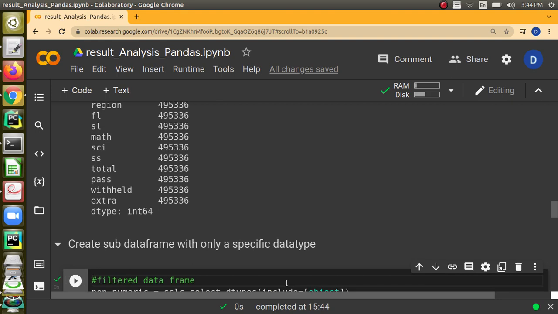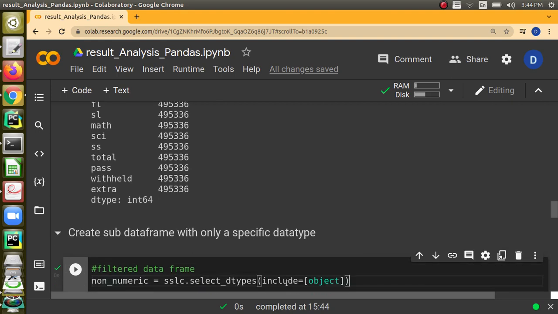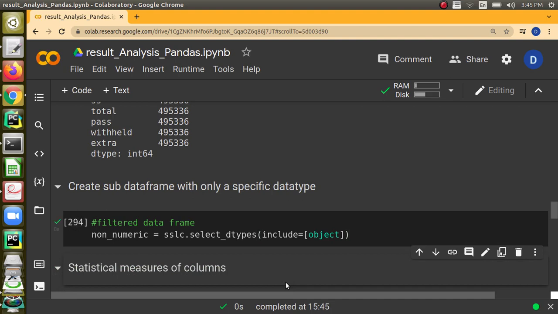And it is possible to create sub data frames also. If you want to have a data frame with only the object fields, it is possible based on the data type to create a new data frame.